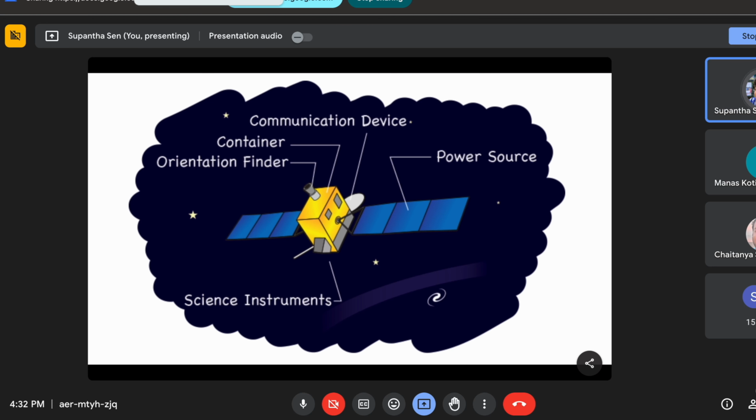So when the satellite is in orbit, many things can happen. Say an asteroid hits, or due to solar radiation, or anything. If there is a small shift in the satellite's path, then it will deviate.